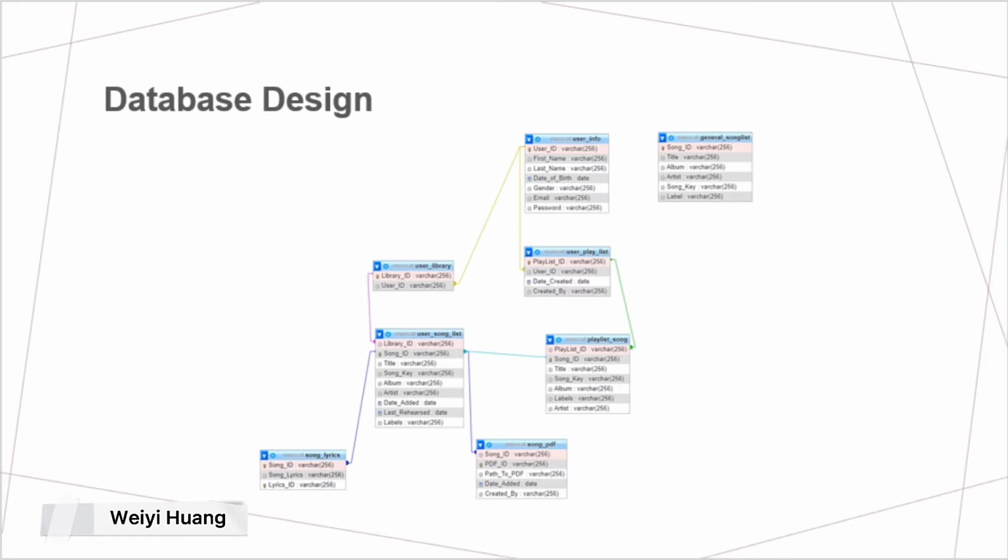The user info table is where we hold our user basic information such as first name, last name, and date of birth. The user library table is used when a user wants to save some song in their library. Every user should have their own library in their account. The table user library is the intermediate between the table of user info and the user song list. The user song list table is connected with the table of user library to help the user save some songs in